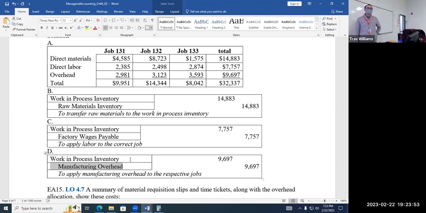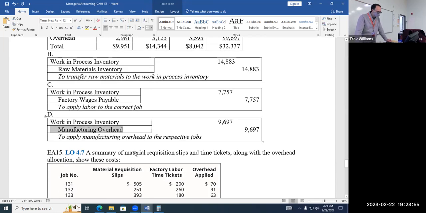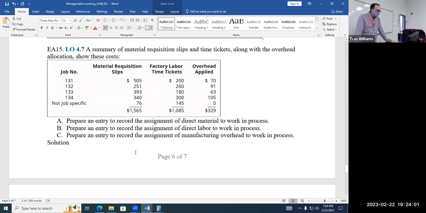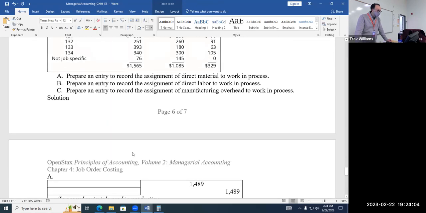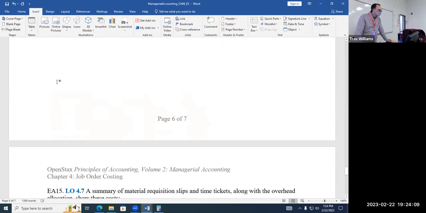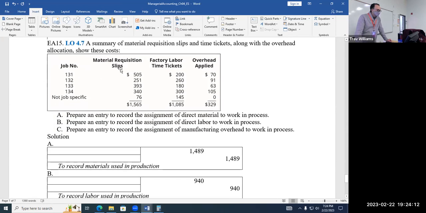Okay. We move on to 15. Okay, we've got some more journal entries here. This will be our last exercise. So here we've got 4 different jobs. We see the materials costs associated with those 4 jobs. We see the labor for those 4 jobs and how much overhead has been applied. We also see not job specific